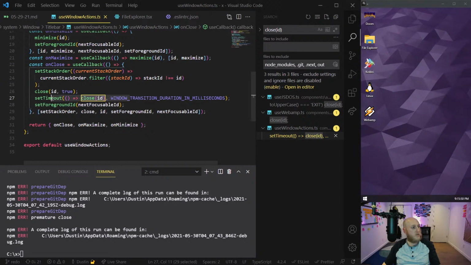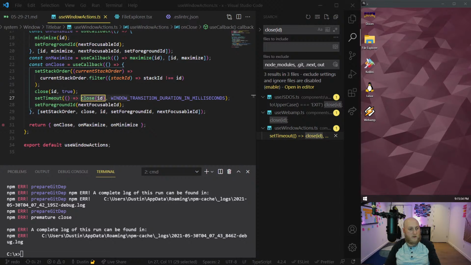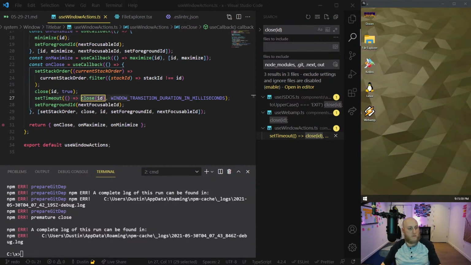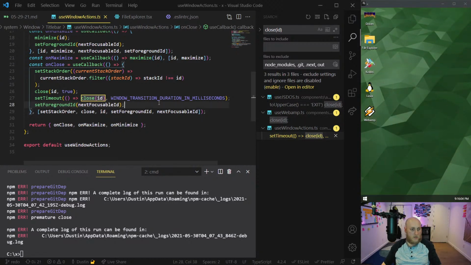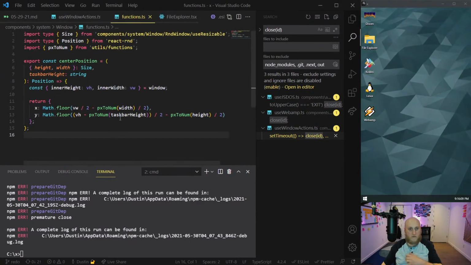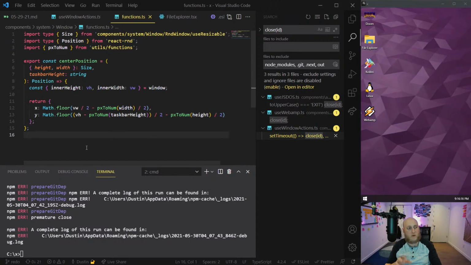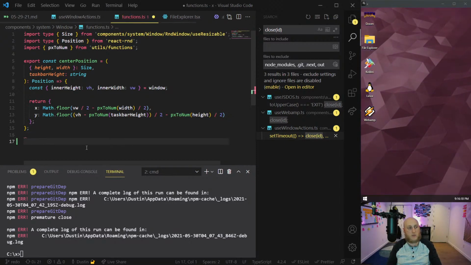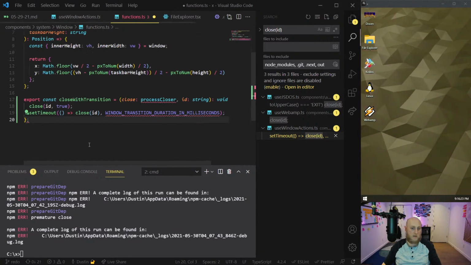So I've decided to turn this into a command or a function or a method, if you want to use the word method and don't know the difference, because I do not. I'm sure there is some difference. Anyway, I've just copied it, and I've decided to put it in the window functions here. I feel like it's for Windows. It's specifically about Windows closing. The close command itself is not specifically about Windows, but this is, because it's about a transition needing to occur and needing an extra little bit of time, basically.